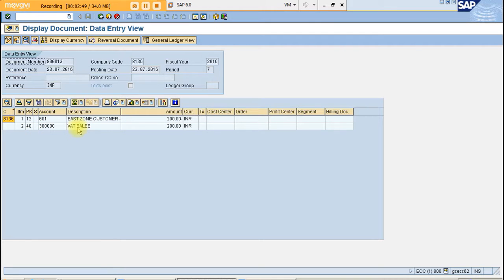This is how you can do the mass reversal, but this is not advisable. In case you want to do the mass reversal, there will be a procedure in real time. You have to take permission from your managers, then you have to execute this. Otherwise, these T codes will not be allowed.